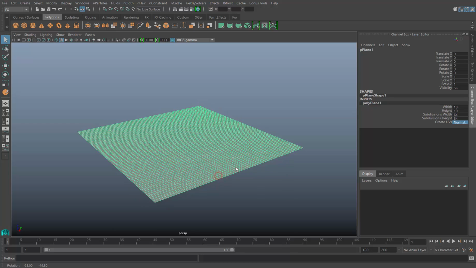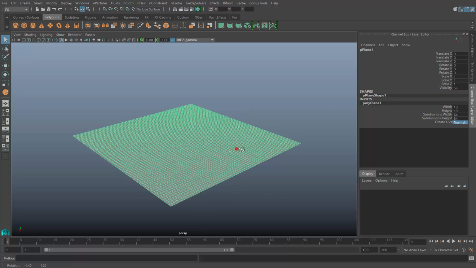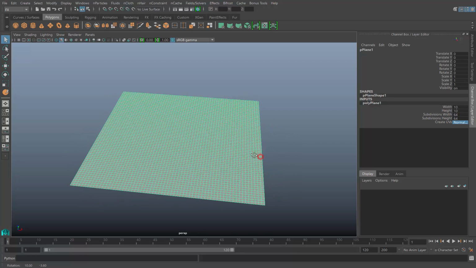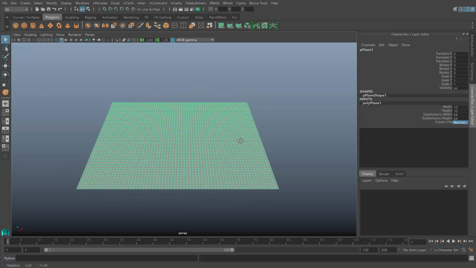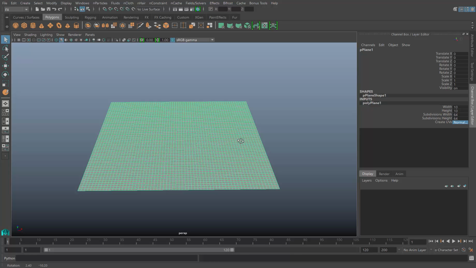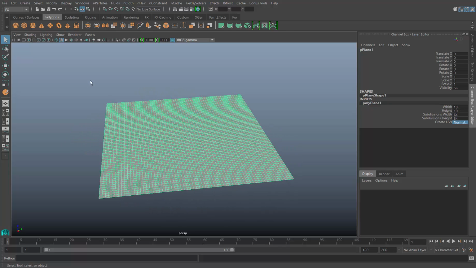A lot of the things I'm going to show you in these next few videos require you to have a higher face count, because a lot of the detail of these brushes and these tools rely on having more faces to get finer detail. So we have this plane that's 64 by 64, and we can go to our tab